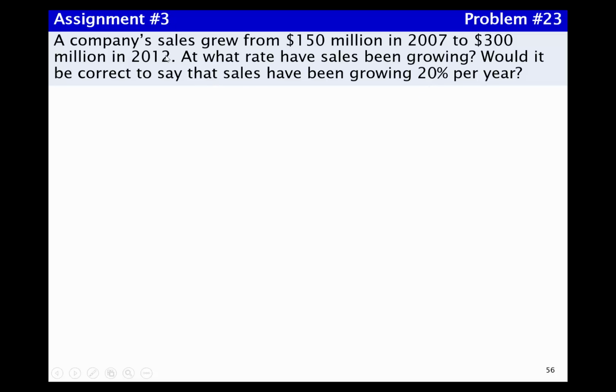And you might be wondering here, where did this problem come from? We didn't have any problem about growth rates. Well, sure we did, in disguise. This is simply the future value of a present value equation. Future value equals present value times 1 plus r to the n. When you use the future value equals present value times 1 plus r to the n, r is the compound interest rate. In this case, G is the compound growth rate that makes a present value of sales grow to a future